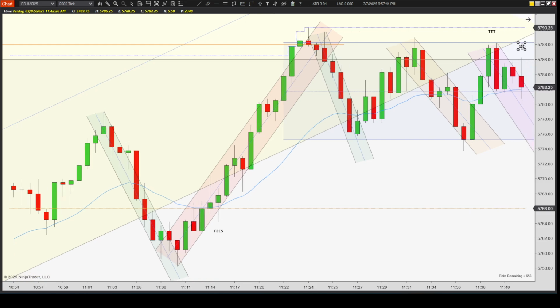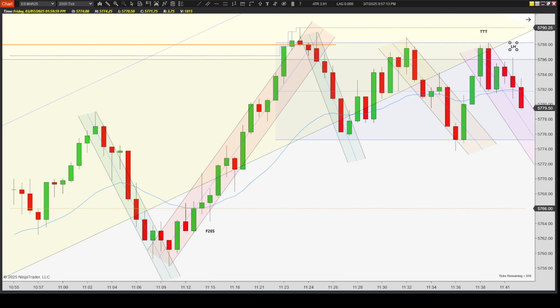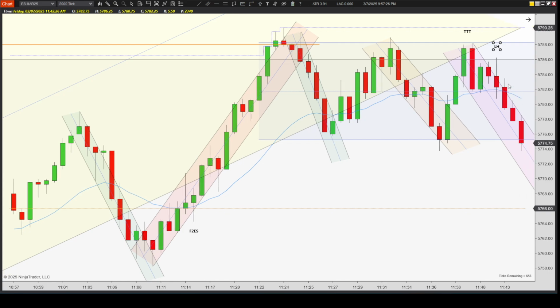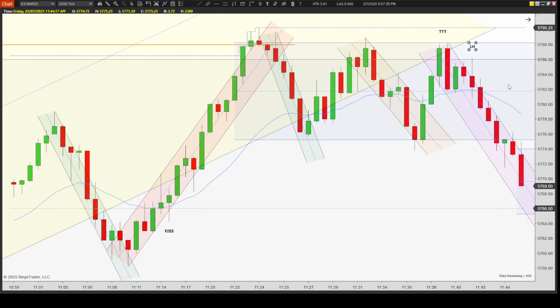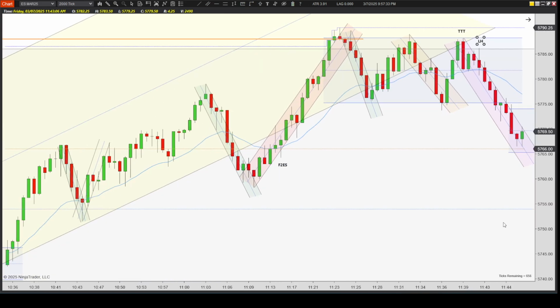Then it creates a lower high here. This lower high I thought was also a possible trade because there's also what I saw as a new low, first entry short, second entry short. So second entry short, also a lower high of this setup. So potentially a trade here. I wasn't too concerned about the EMA bounce just because it's too flat at this point. Pushes down, breaks out to the low side,